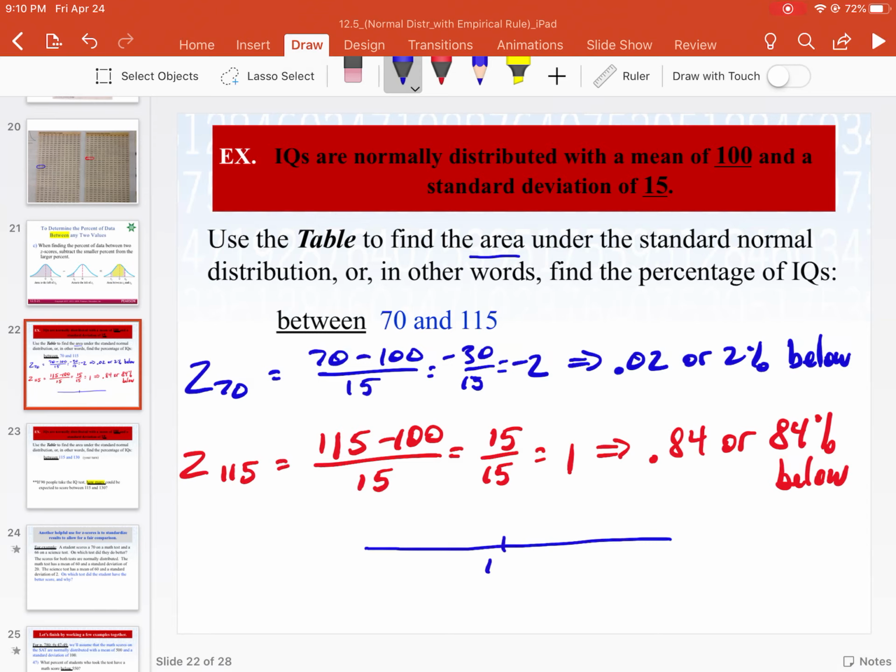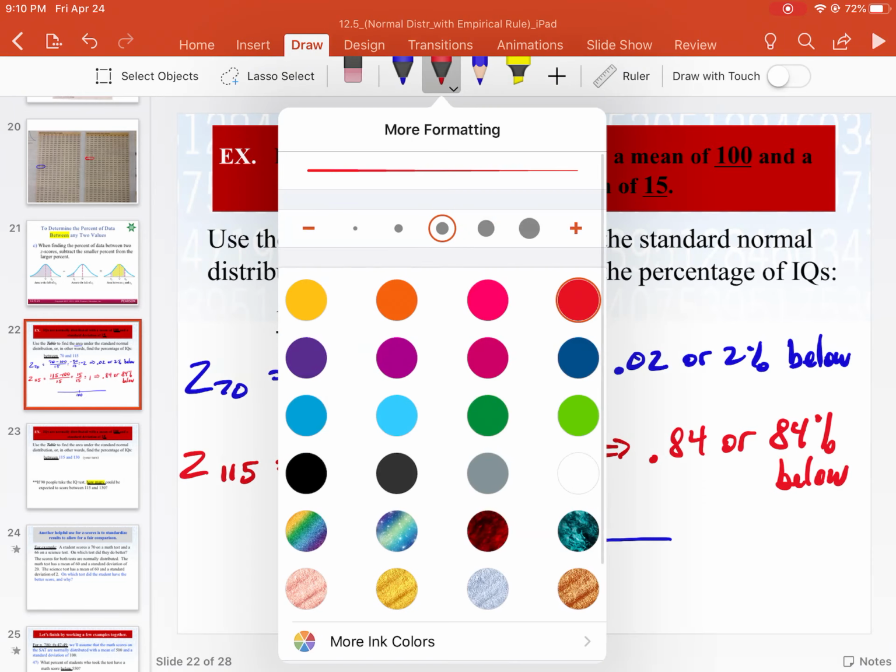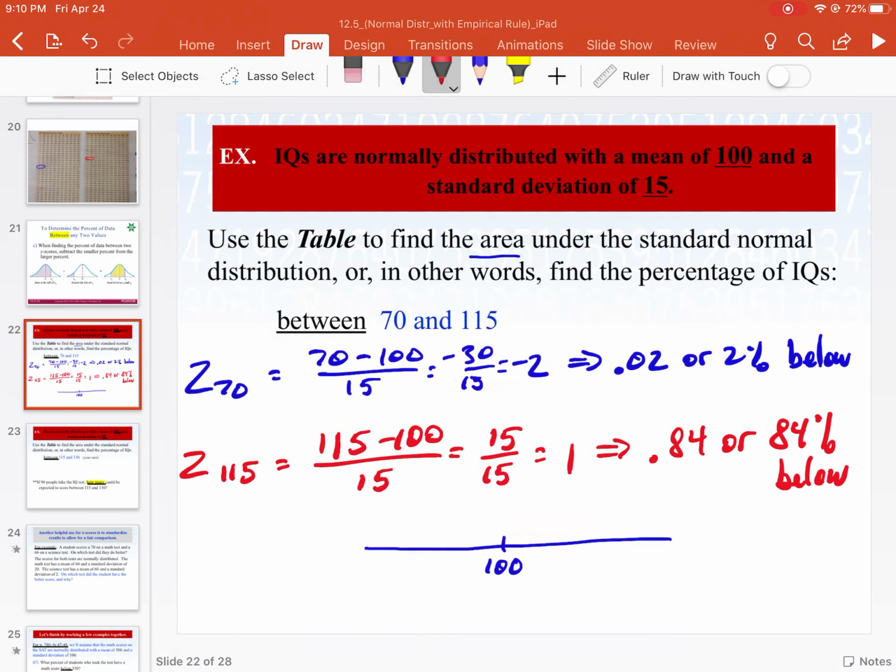That was the mean, and 115 is up here, and that has what percent below? 84, right? 84% below. Okay, and 70 is over here,